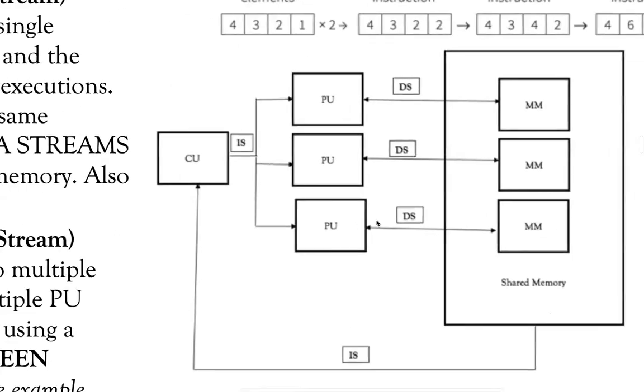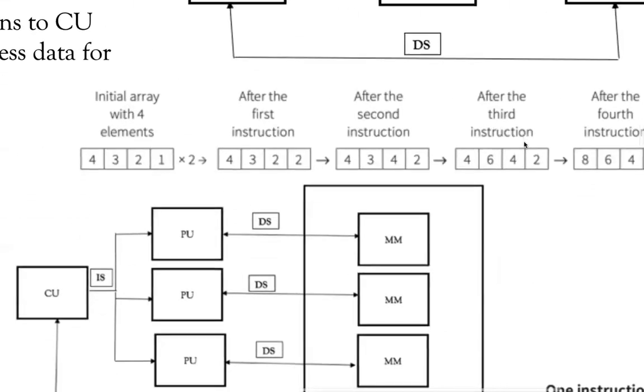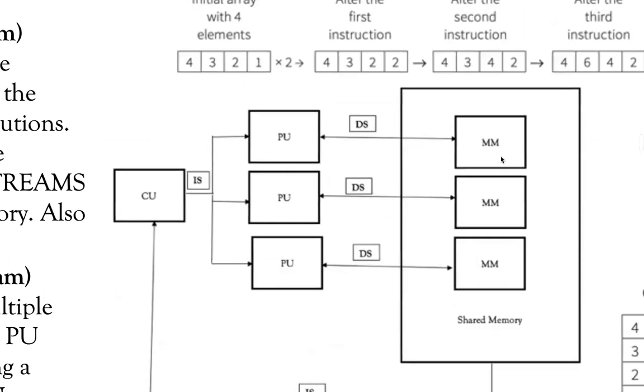So as you can see here, since data is divided into different parts and is being provided separately, I have multiple data streams for that. And my shared memory will possibly have all the data. Obviously, I don't have one memory module. Since I have multiple data streams, I'm assuming that they're being fetched from different memories. So different parts of the data, related data, are being fetched from different memory modules. Again, memory module doesn't mean that they're different memories altogether. Memory module can simply mean different address locations.